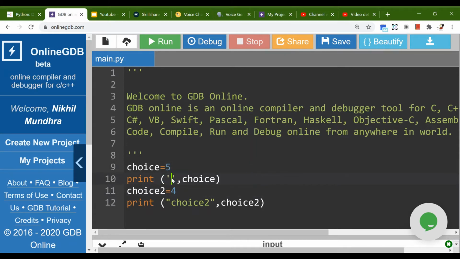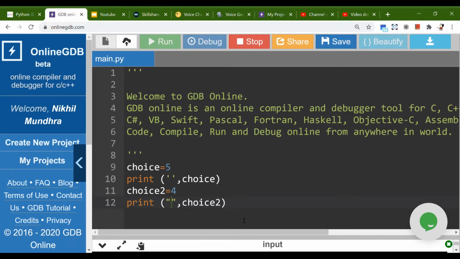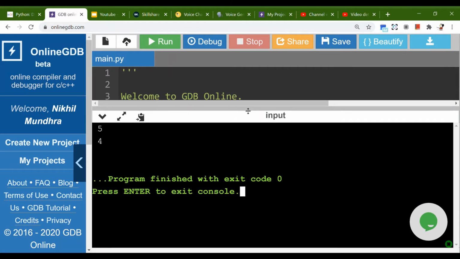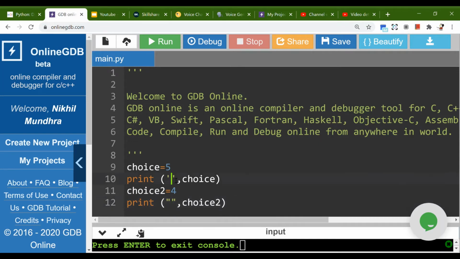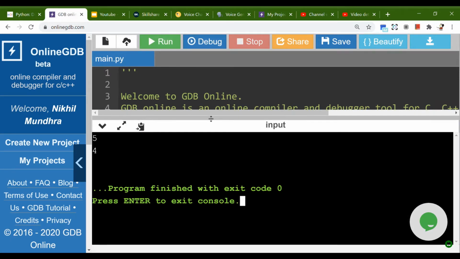Yeah, so right now you can also leave the inverted commas empty, so that will simply print the value of the variables. And also you can simply remove them, and if you remove them, the commas are not needed anymore, because the commas are there to separate different values, so they are not needed anymore.